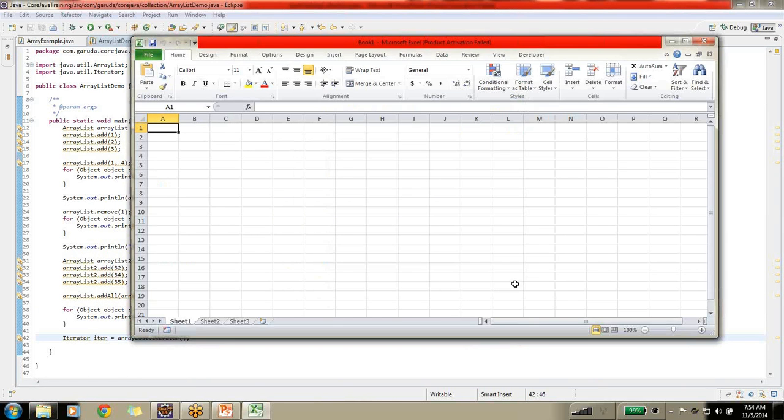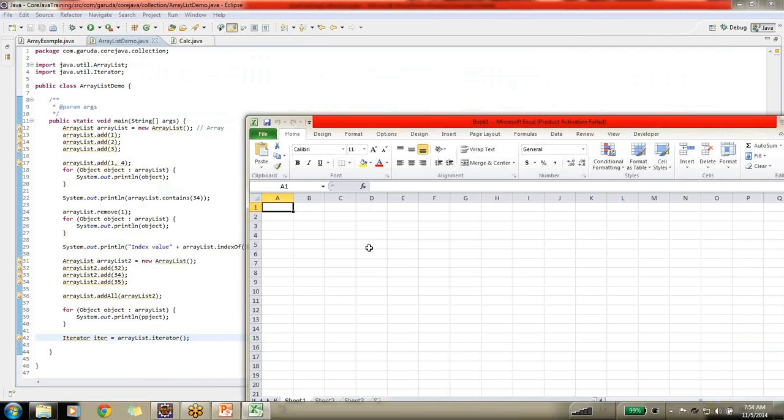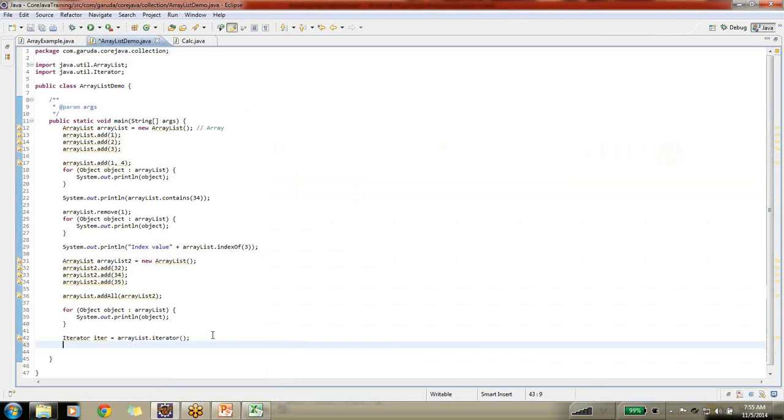See here, the array list is going to store 1, 2, 3, 32, 34, 35. This is the way it has stored. Whenever we have created an iterator for this array list, first the iterator points to the first element. So first, how do I write the code: while